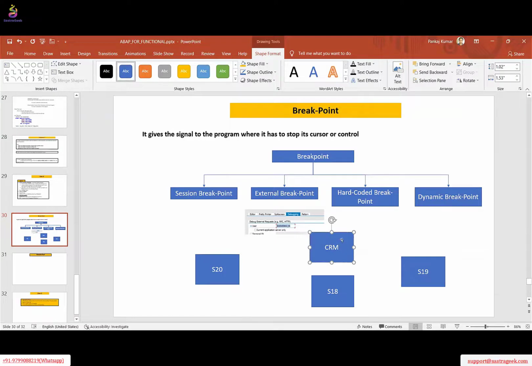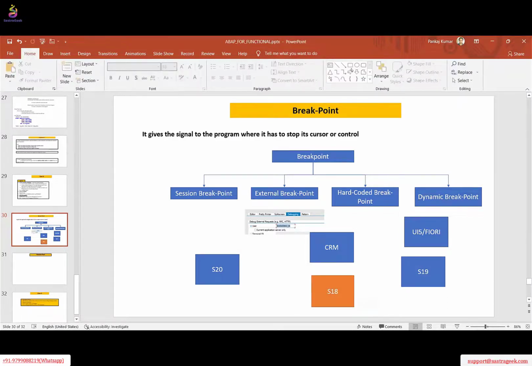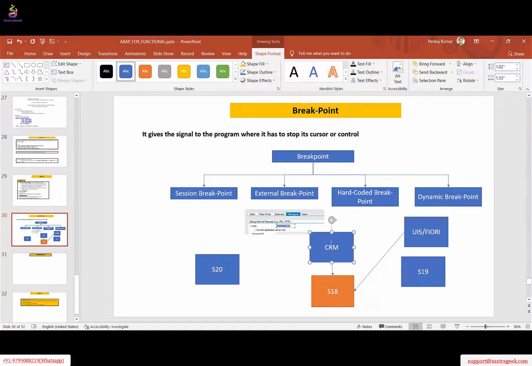You can have a Fiori application or UI5 application. So from UI5 or Fiori, suppose some remote function module here in the S18 system gets called. What will happen? You have to use the external breakpoint, with the ID through which you have logged in to the CRM system. So if some RFC function module